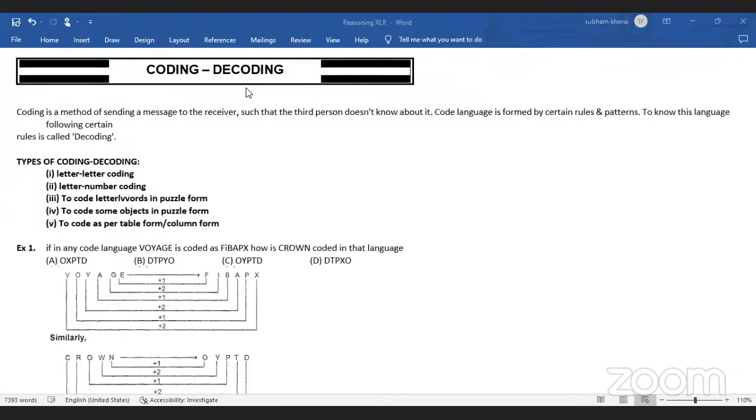They can be coded in the form of numbers. They can be coded in the form of letters. They can be coded in mixed form, that is numbers as well as letters as well as symbols. Here we'll be learning how to decode all of those. Let's start with the first type: letter coding, that is, letters are being coded in other letters. For example, I'm telling you,